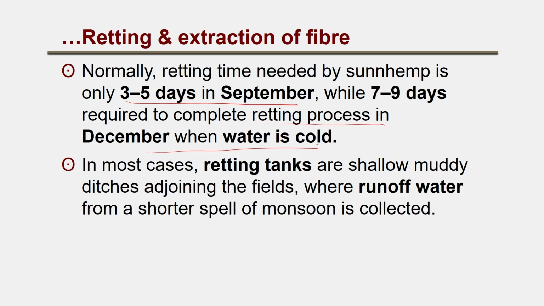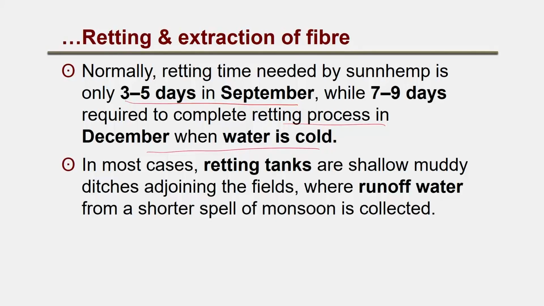So, naturally the microbial activity which is responsible for retting process is affected by temperature. If temperatures are too low, which is the case in the month of December, then it will take longer time. If it is being done in September, when temperatures are higher compared to December, then the time for retting will be less, which is normally 3 to 5 days. Because the cold water in December will result in lower microbial activity compared to warmer water in September, which